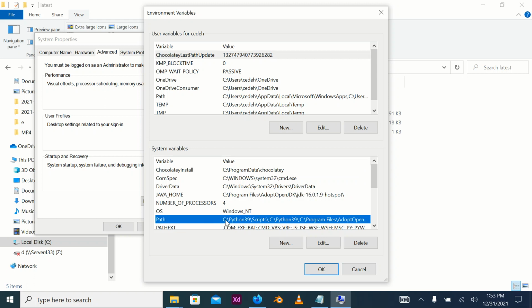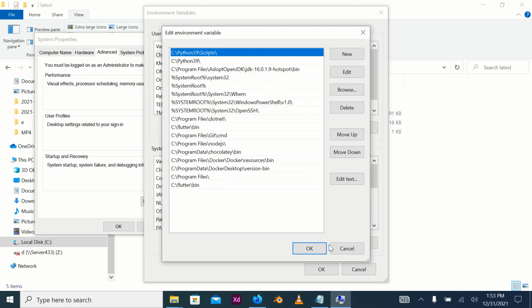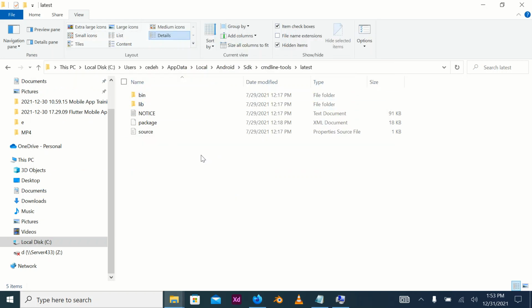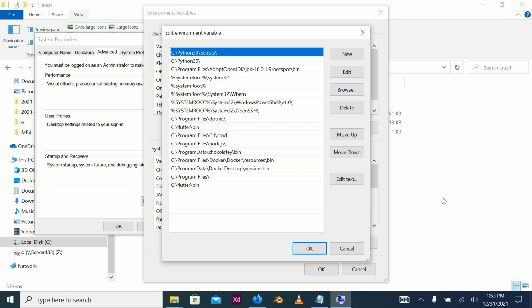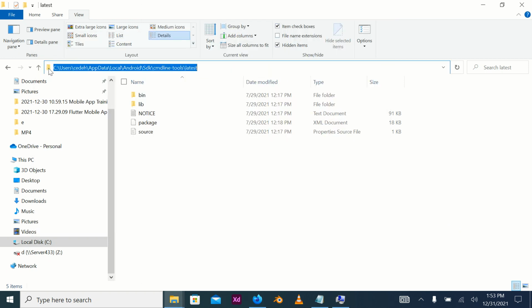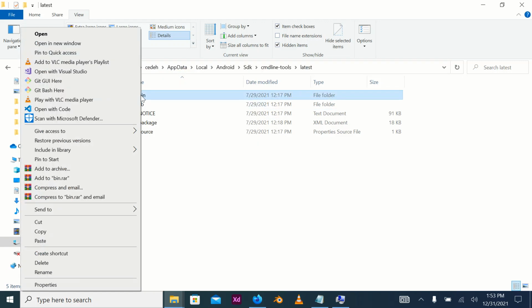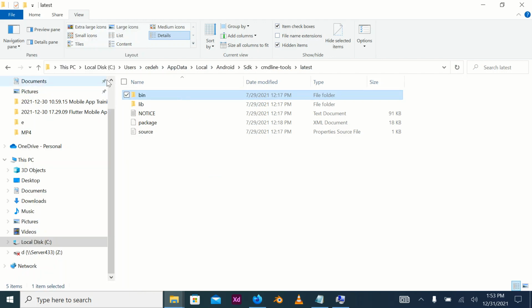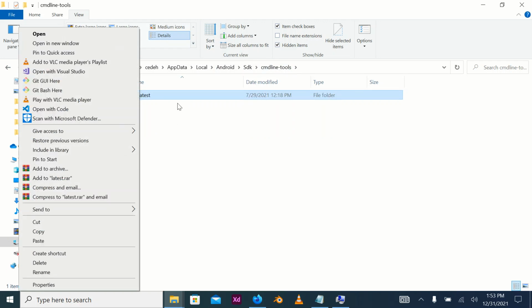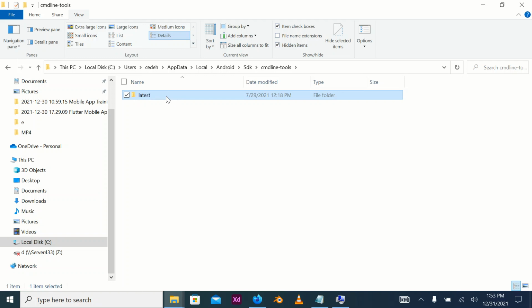This is path here, and then double click it, or you can select it and click on edit, either way. So once you have this, now we are going to paste this path which we have here down into this place. So what I can do is click on this folder icon here and copy this URL up down to latest, or